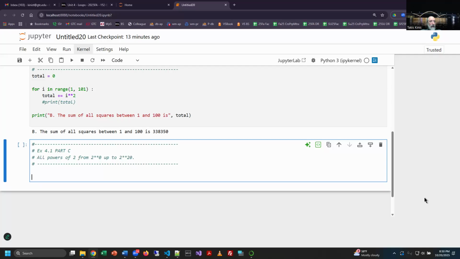See the difference there? Once again, we are going to use a for loop. We'll still do an I in range. And then inside here, we want all the powers of 2 from 0 to 20. So the range here, I'm going to start with the number 0 because the thing I'm going to control is the power, because the 2 is not going to change. Just the powers are going to change, right? So we're going to take the range from 0, but we want to go to 20, so we go to 21, 1 past it. We put in our colon,